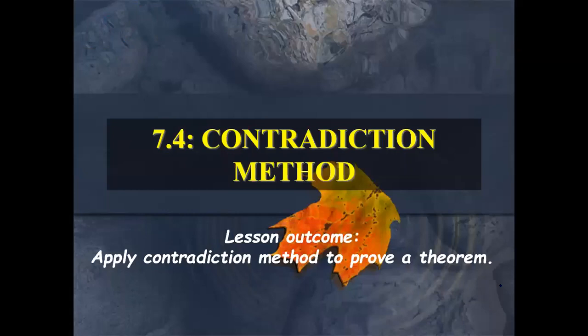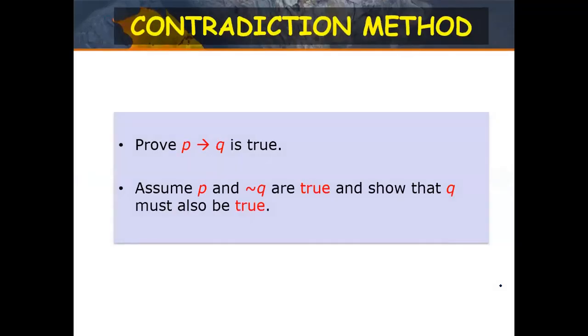Okay, the second last subtopic for this chapter is the contradiction method. Keyword dia adalah contradiction. Nama pun contradict. Contradict ni apa? Contra lah. Okay, contra. Alright, so let's see. Prove if P then Q is true. So sama je. Kita ada implication